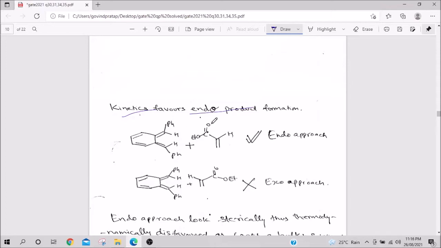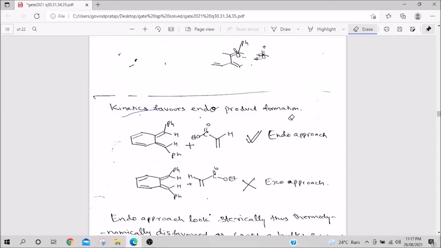So this COOEt is there, it looks very bulky, right? If bulky part is towards the benzenic inside part, which looks unstable, that is called as endo. So basically you understand this, when reaction has to happen, this pi bond will come just below it, so that this bond interacts with this bond and this bond interacts with this bond. Now if COOEt is this side, it is interacting with benzene, thermodynamically it does not look favorable, right? This is called as endo approach.